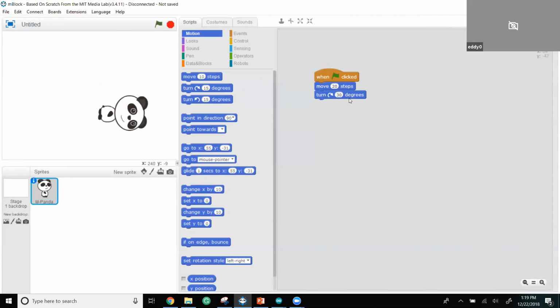Oh, let me take out this. I don't think that it's working as well with the 30 degrees. So I'm going to disappear that, and now I'm going to say move 20 steps. And now it's moving like that. Okay, so that's just the basic operation of how to use mBlock and what that looks like,